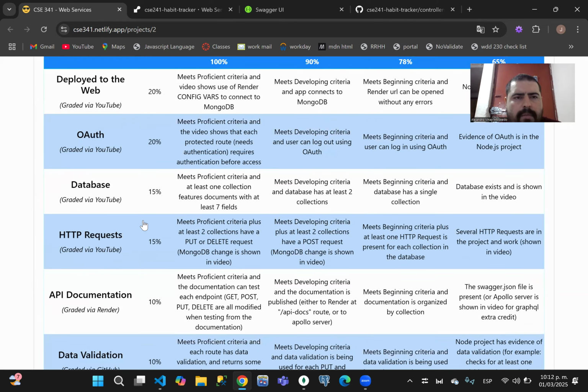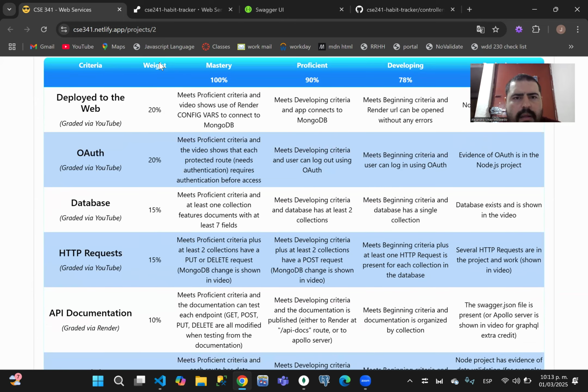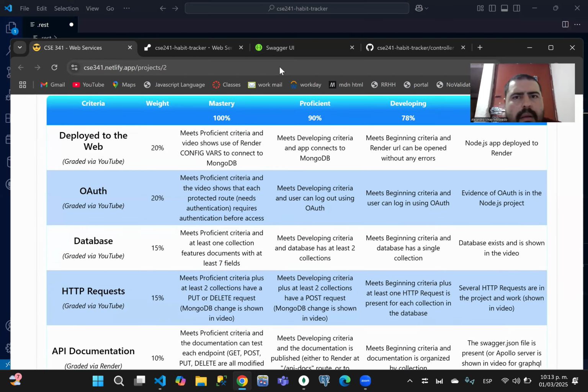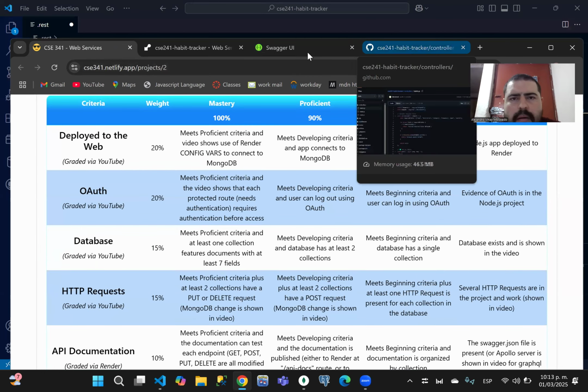So I'm going to start with deploy to the web. It meets the proficient criteria, and the video shows the use of Render in the config vars. So, on Render,